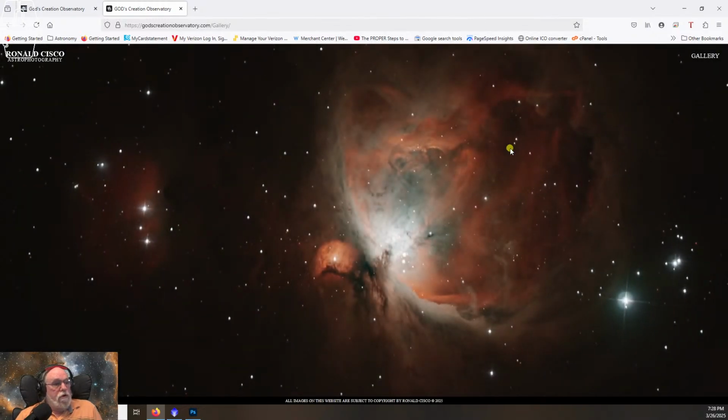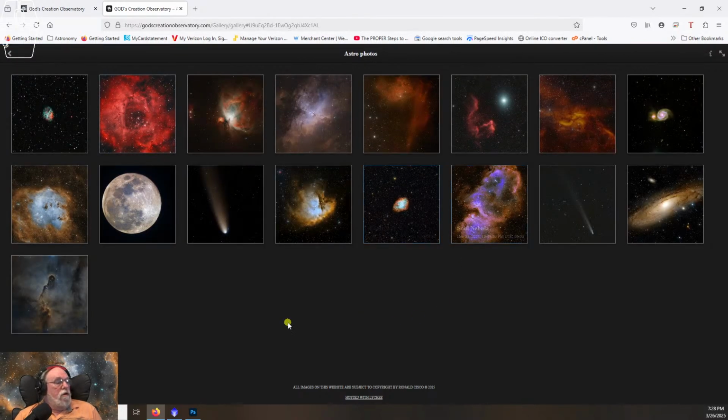If you go to it and then click up here in the upper right hand corner where it says gallery, and then you click on astro photos there, and there's some pictures that I've taken, and you click on one and it gets bigger,